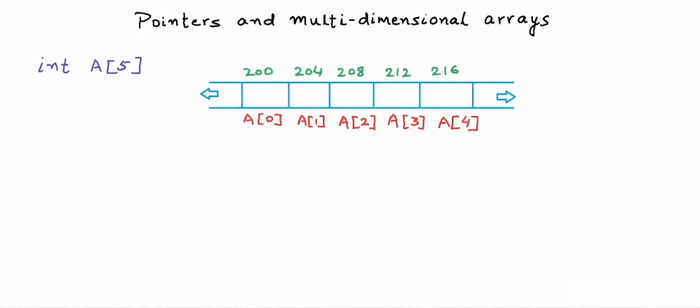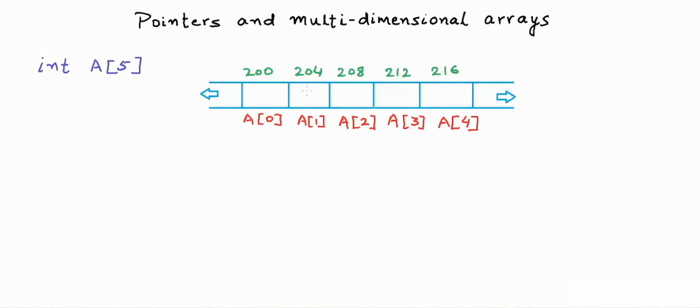What I'm showing here is a section of computer's memory. Array A, let's say, is stored in this section of memory, and the starting address of A is 200. As we know, each byte in a computer's memory has an address, and if we assume that an integer is stored in 4 bytes, which is what it takes in a typical compiler, then the block of 4 bytes starting address 200 will be A0 as I'm showing here,